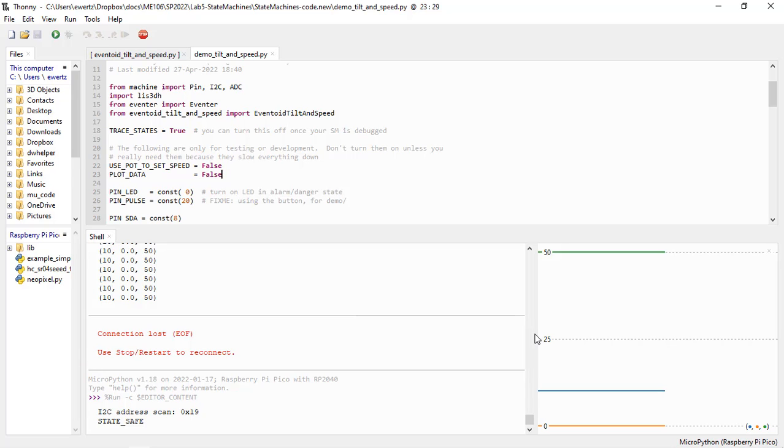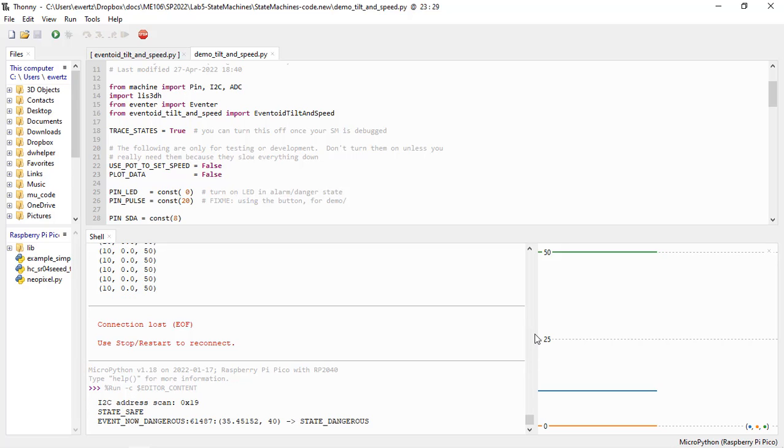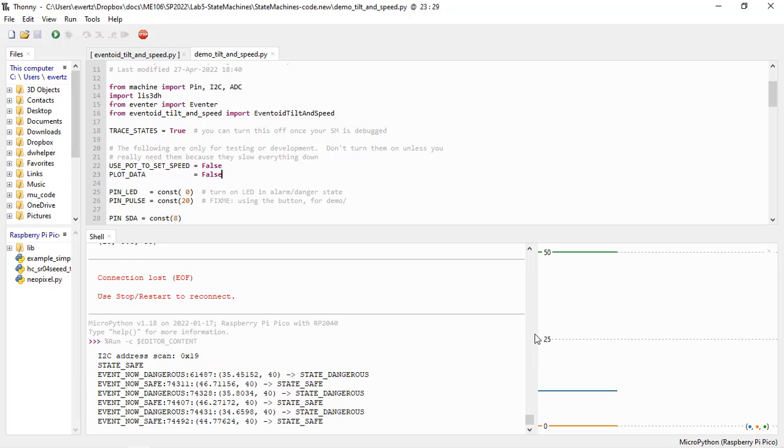Now, as I tilt the accelerometer so that its tilt value gets to be close to the speed value, you can see you get an event. It says event now dangerous, which is the name I've given to the event. You can change it to whatever you want. And as I right the bicycle, it comes out, it chatters a little bit across the threshold, I guess,